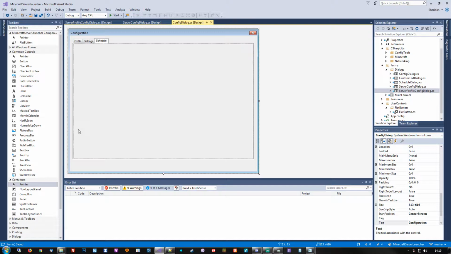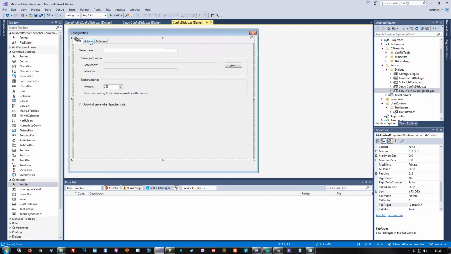So that'll be part of the new scheduling configuration stuff that we'll be putting on here. But I think I will wait adding that and then see about getting